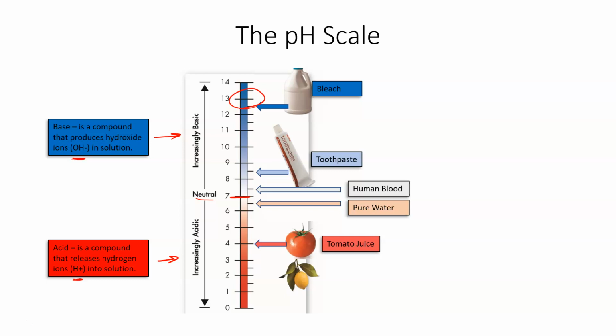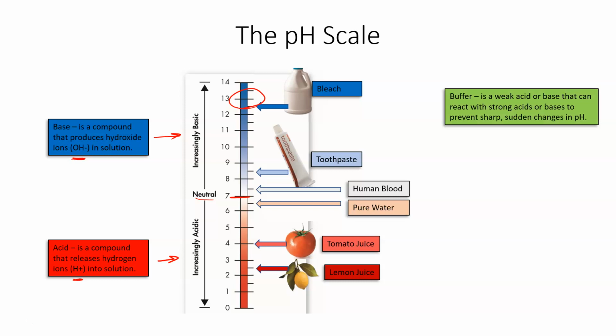Tomato juice would be slightly acidic. Lemon juice or your citrus juices would be even more acidic. And then it gets even closer down in this region when you get into stomach acid and stuff like that, battery acid. But a buffer is a weak acid or base that can react with strong acids or bases to prevent sharp, sudden changes in pH. So we're going to use buffers sometimes throughout the class and labs, but we definitely need to talk about buffers